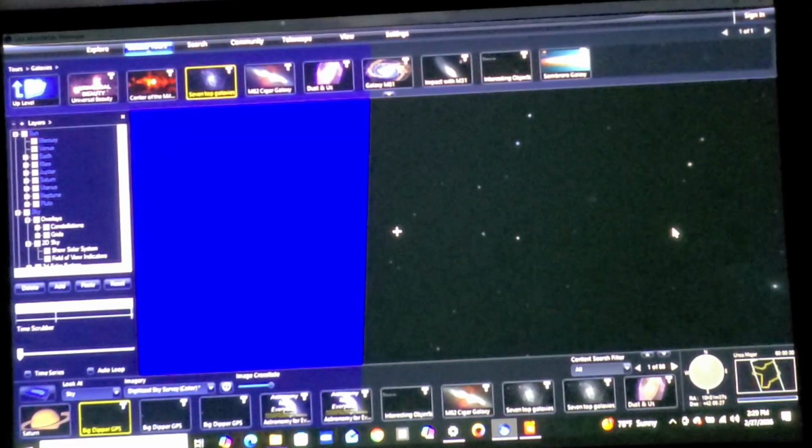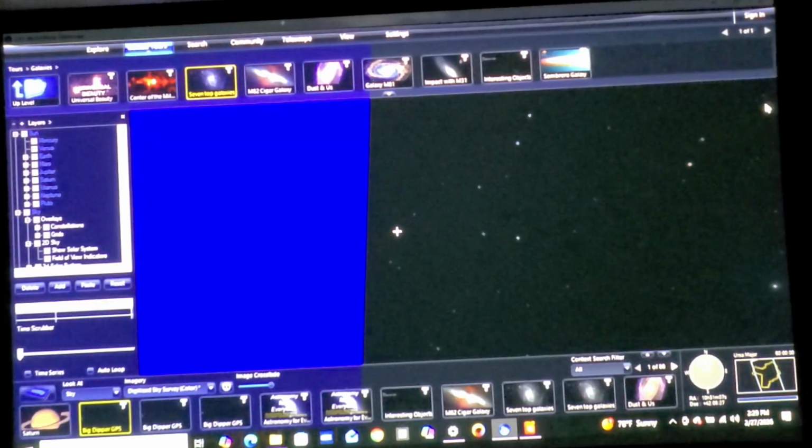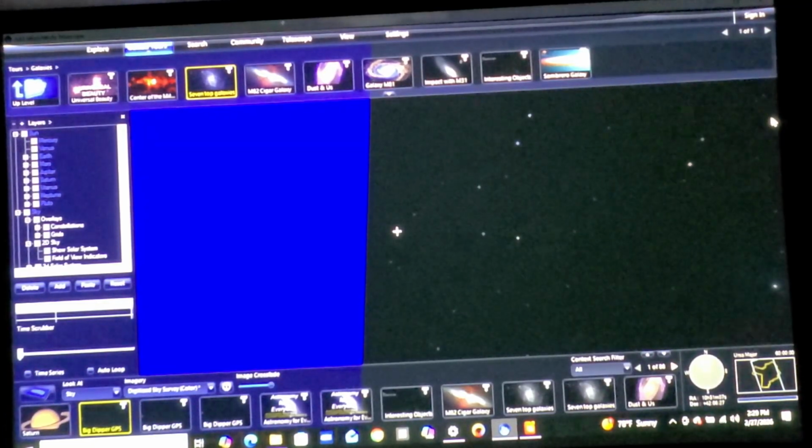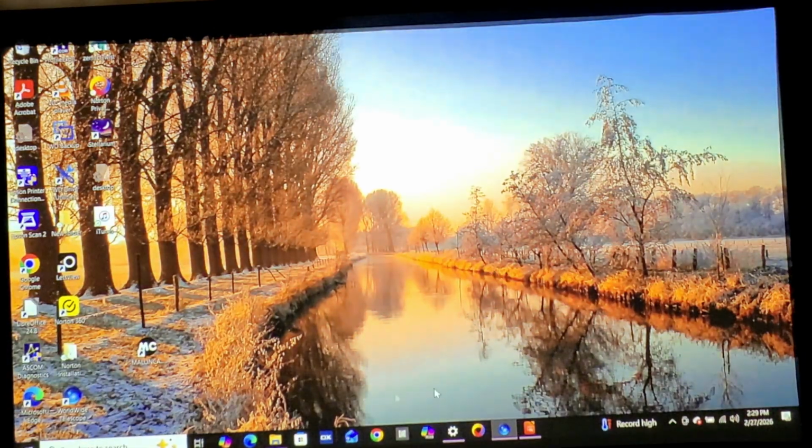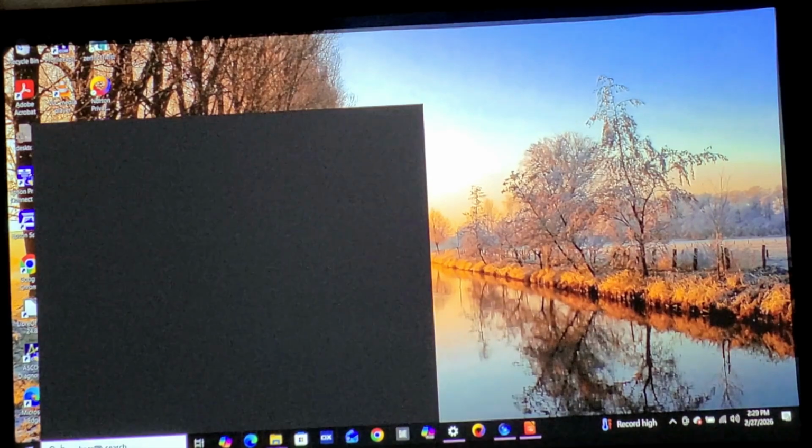Dick, is Worldwide Telescope an app, or do you have to go to the link? Both. It is both an app. You can load it down on your own computer, or let me demonstrate how to find it. Let's type in